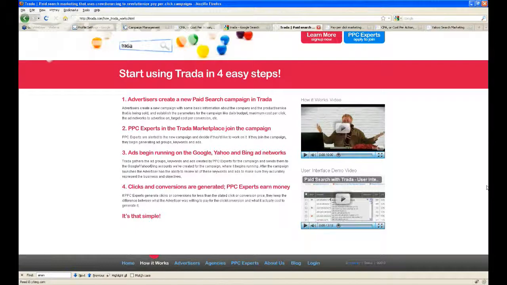You also mentioned other analytics tools. We don't support Omniture, unfortunately, yet, though that's in our plans. But you also mentioned agencies. Actually, the fastest growing part of Trada's business is the agency side of our business, because agencies really struggle to find the time to do Google, Yahoo, and Bing, to build up tens of thousands of keywords, and constantly optimize the campaigns. They view us as a way to build really scalable campaigns for their customers and guide those campaigns to the right price in the marketplace. So that's a big part of what Trada does, and who Trada serves is actually a whole bunch of agencies, everything from two folks all the way up to top 10 agencies.